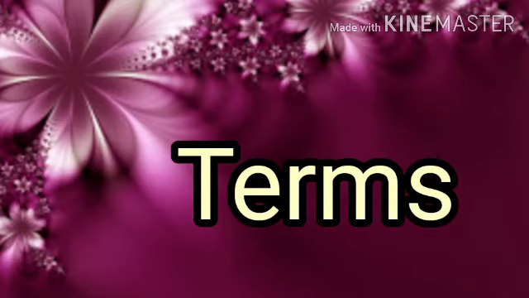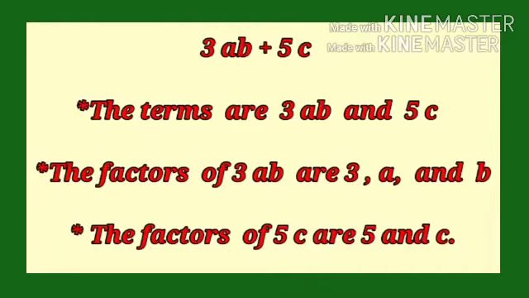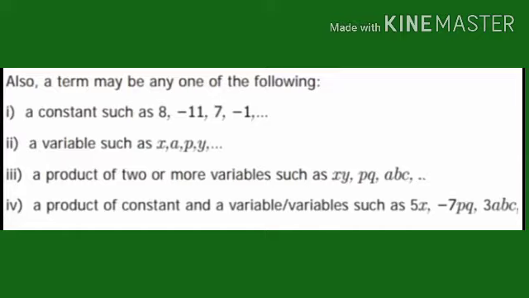Now let us recall about the terms of an expression. In the expression 3ab plus 5c, the terms are 3ab and 5c. The factors of the term 3ab are 3, a and b. In the same way, the factors of the term 5c are 5 and c. Also, a term may be any one of the following: a constant such as 8, minus 11, 7, minus 1 and so on; a variable such as x, a, p, y and so on;